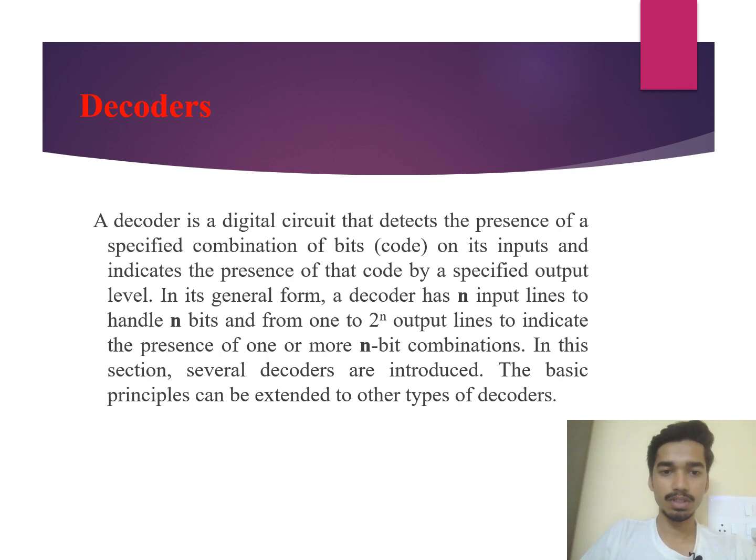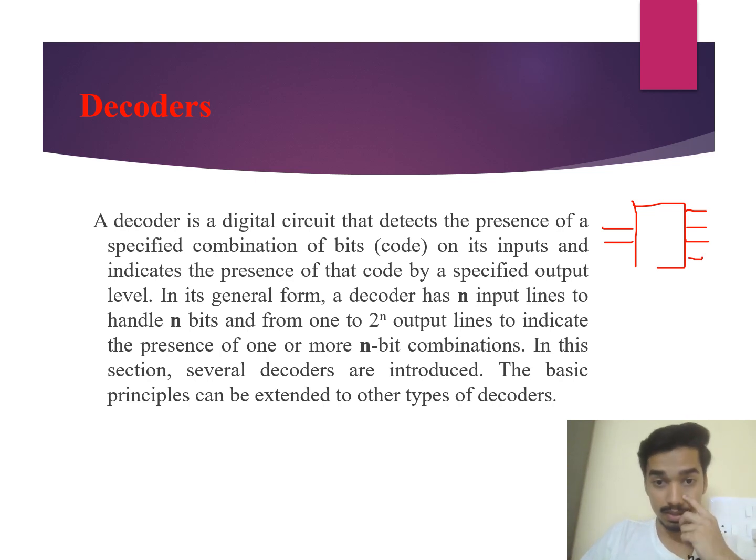So, a decoder is a digital circuit that detects the presence of a specified combination of bits on its inputs and indicates the presence of that code by a specified output. Suppose we are giving input as 0 and 1 on one side, and according to that input, we'll get the output from the other side. It is a 2 to 4 decoder,